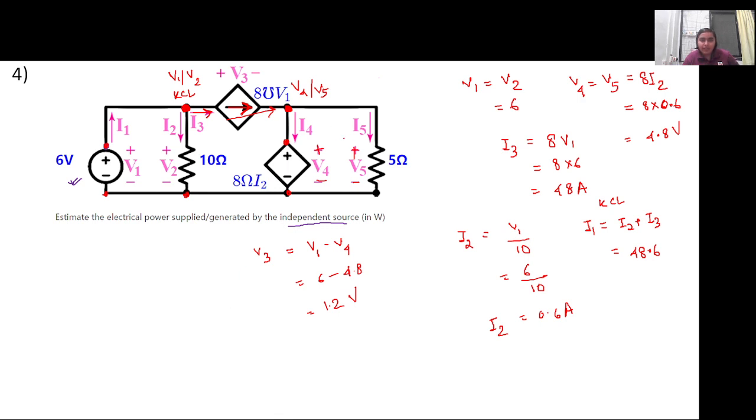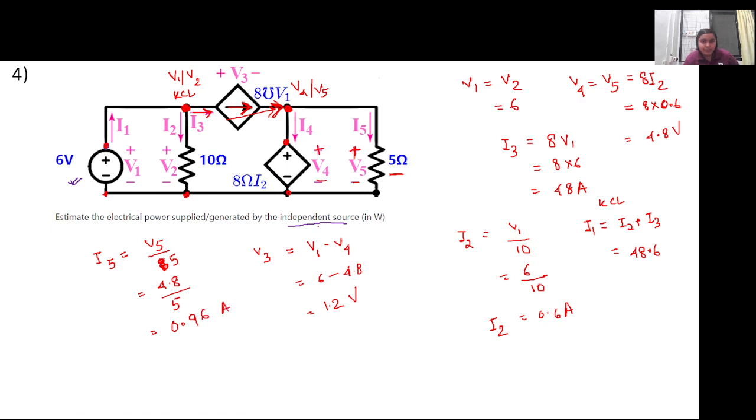Now we can calculate I4 and I5, right? So I3, which is equal to 48 amps, is flowing into this branch. And since we have V5, we can calculate I5. So I5 will be equal to V5 by the resistance, and the voltage across this resistance is V5, which is 4.8. Sorry, this is V5 by 5, right? The resistance is 5 ohm. So this is